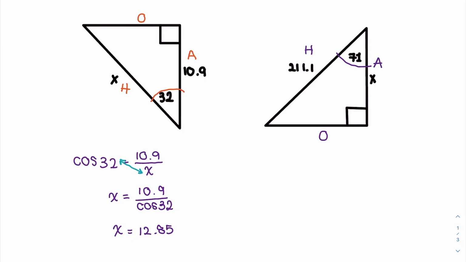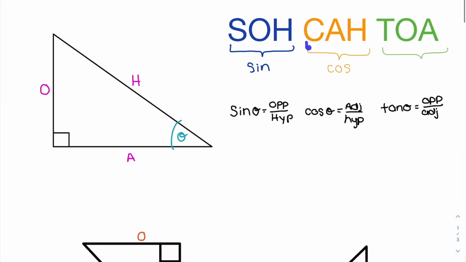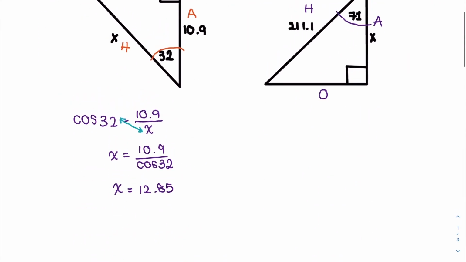Same idea, we need to ask ourselves, are we going to use cosine or tan? Well, we know what h is. We know we need what a is. So once again, we need a and h, which gives us cos. Same idea, cos of theta. So in this case, our angle we know is 71, equal to a over h, which is x over